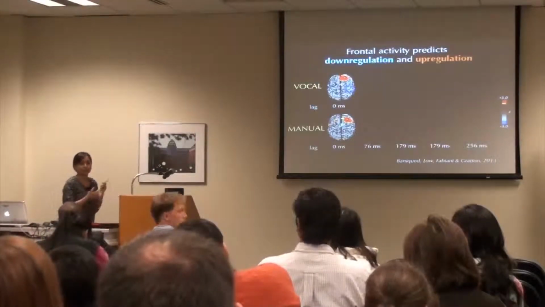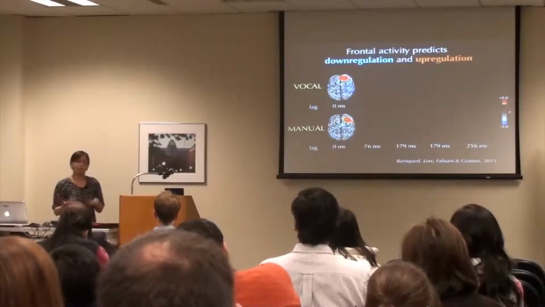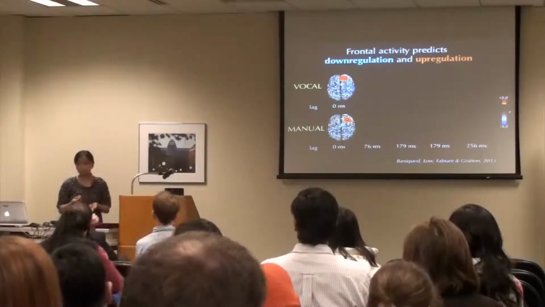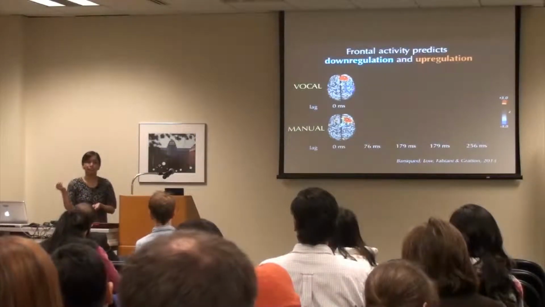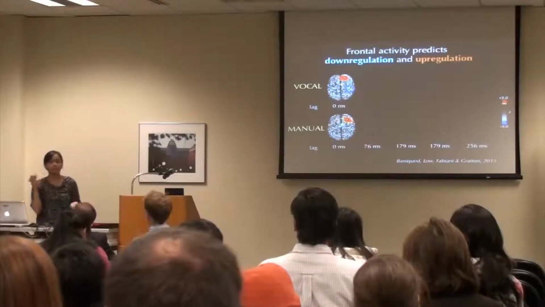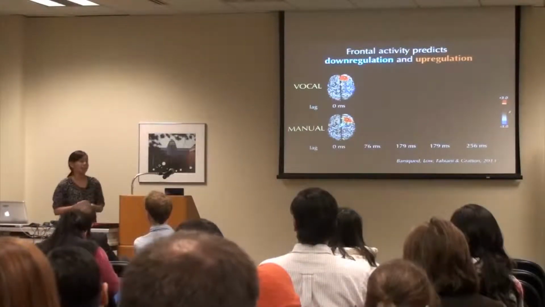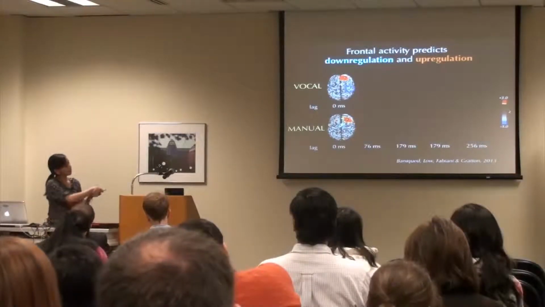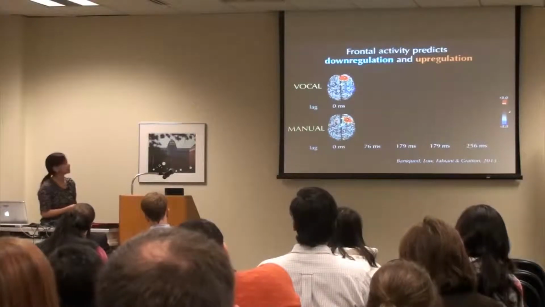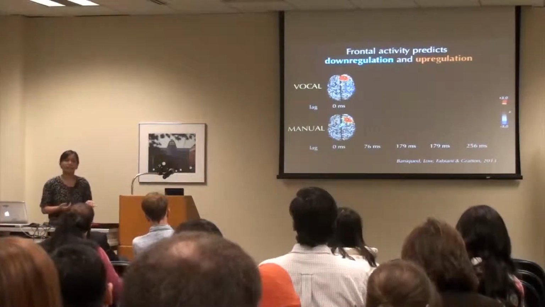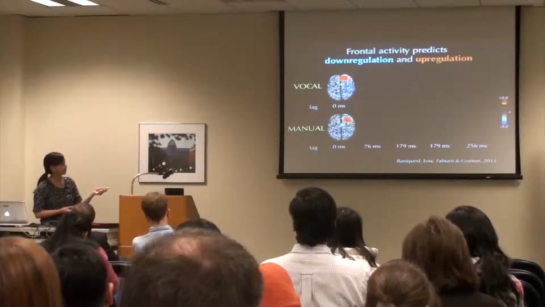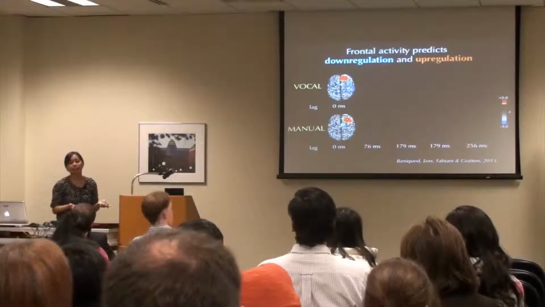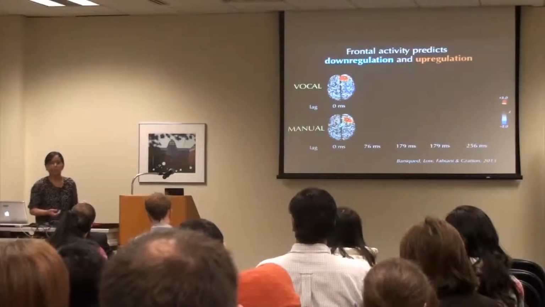But again, what I'm most interested in is how the frontal control mechanisms interact with these task-specific response mechanisms. And to do that, what I did was I took the activity in the frontal cortex in the previous slide that I showed earlier, and I correlated it with the switch effect in the vocal condition and in the manual condition. So what I'm showing along the x-axis are different lags. And in blue are areas that are negatively correlated with this effect right here in right frontal cortex, separately for vocal and manual. And in red, you'll see the areas that are positively correlated.